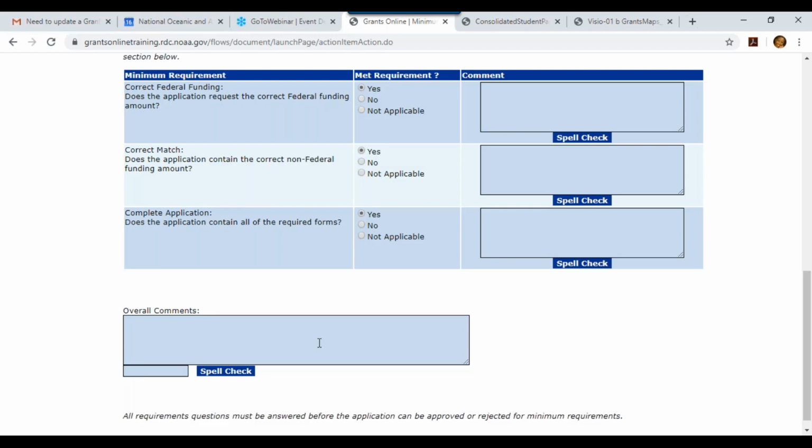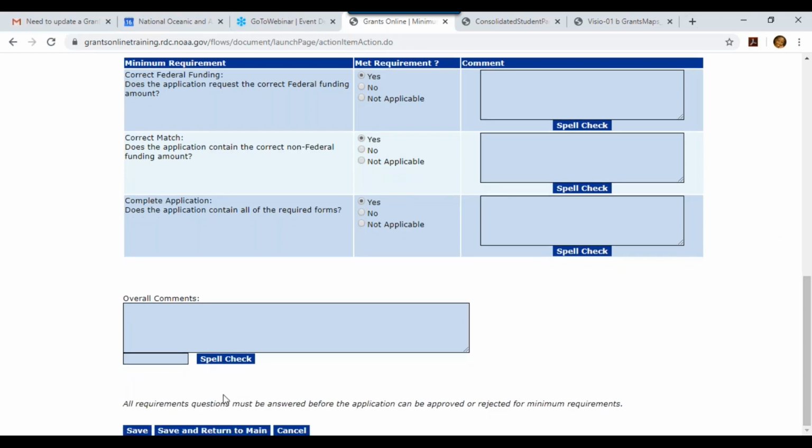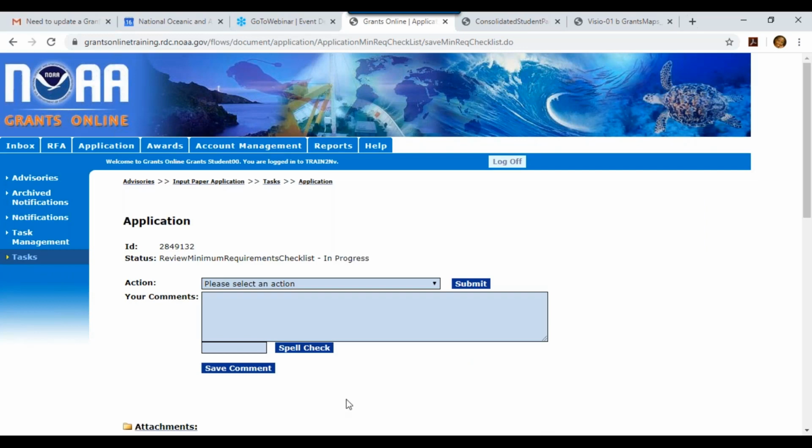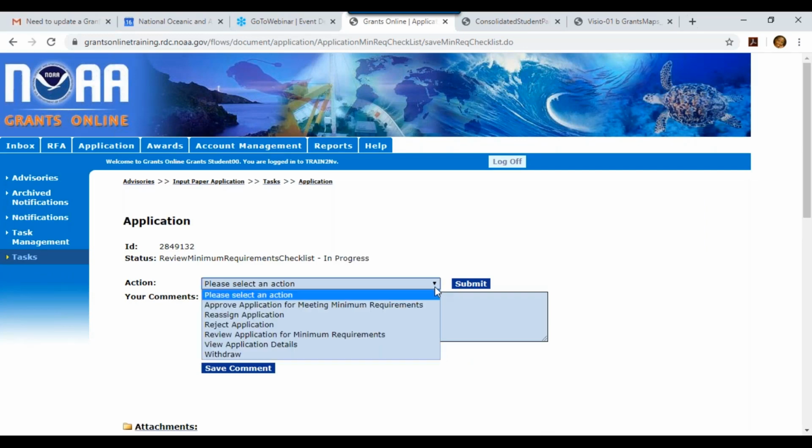The system will not let you move forward unless you have a comment if you don't select yes. Once you've completed this page, save and return to main. We're back on our drop down, and we now have the ability to either approve the application for the minimum requirements, we could reassign this application to another colleague so that they can complete this task, or we can reject